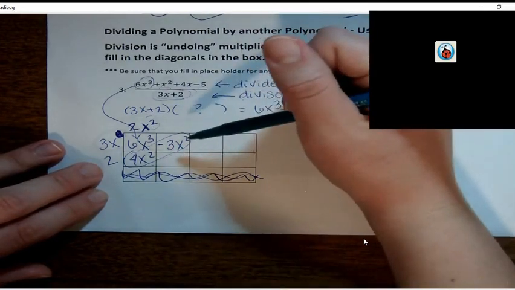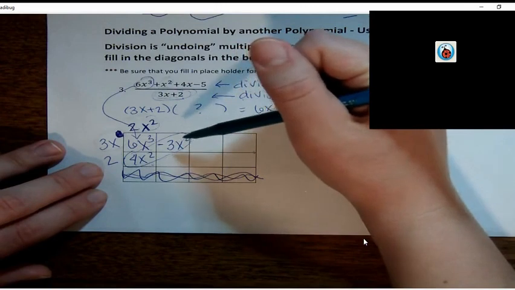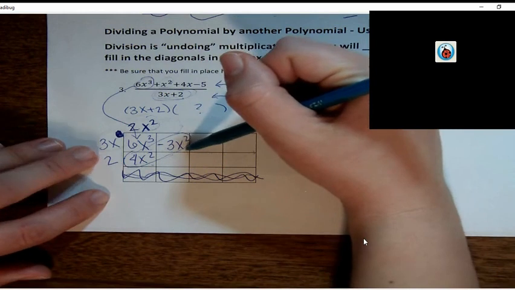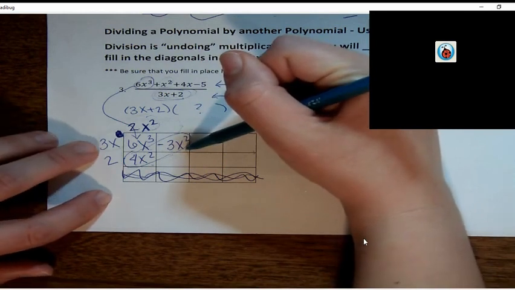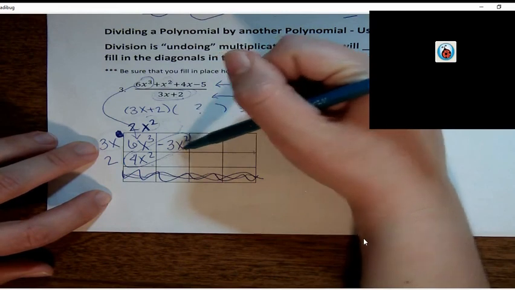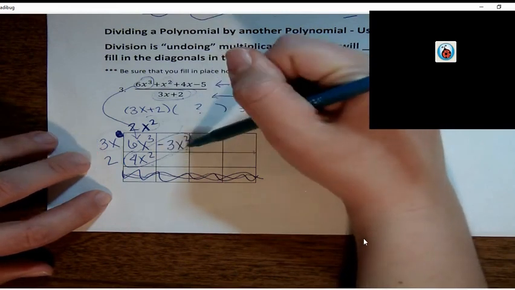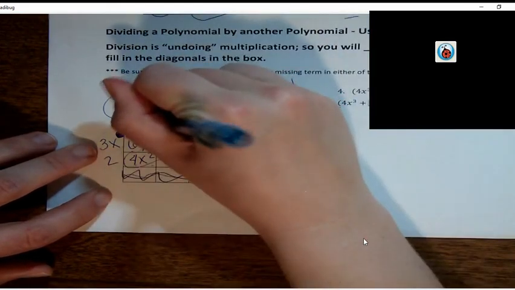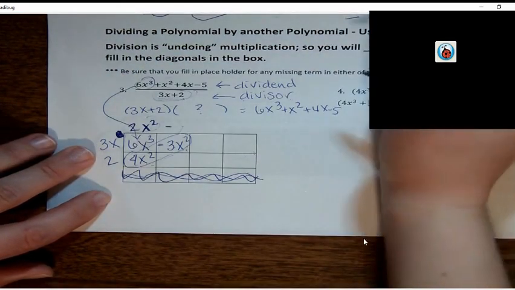So now I have to ask myself what I need to fill in right here. I need to look at my value on the left, 3x, and ask the question, how did I get this negative 3x squared? Well, first of all, this is negative. So whatever is up here has to be negative. Okay, so then I have one